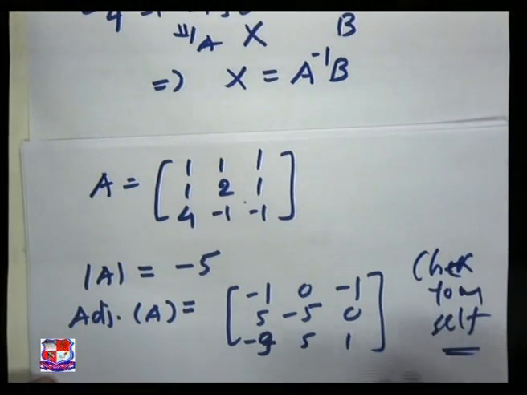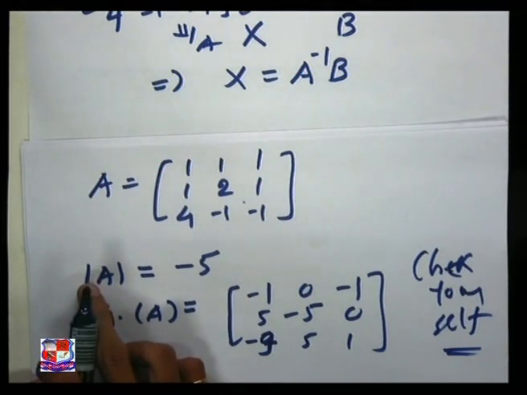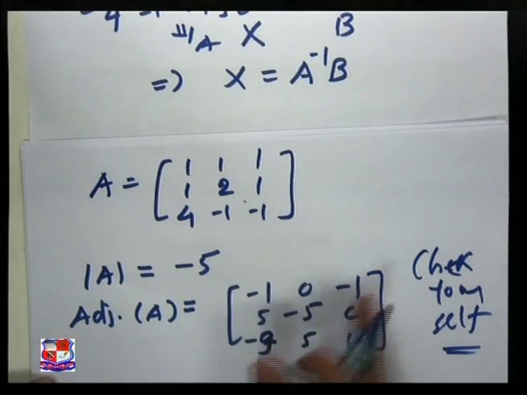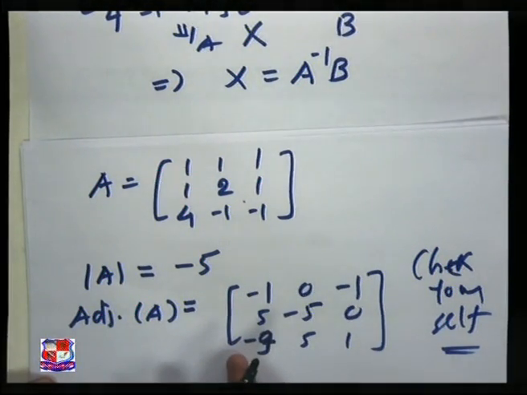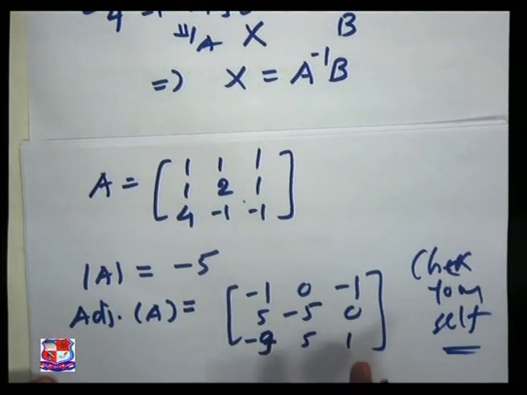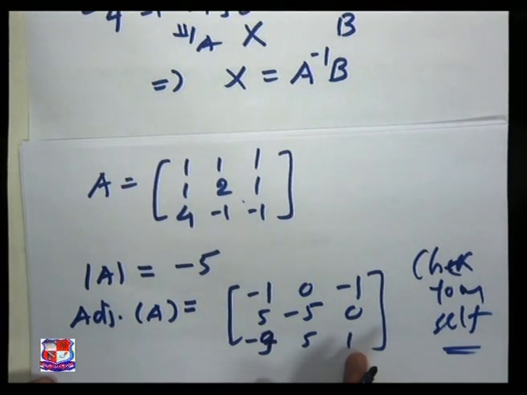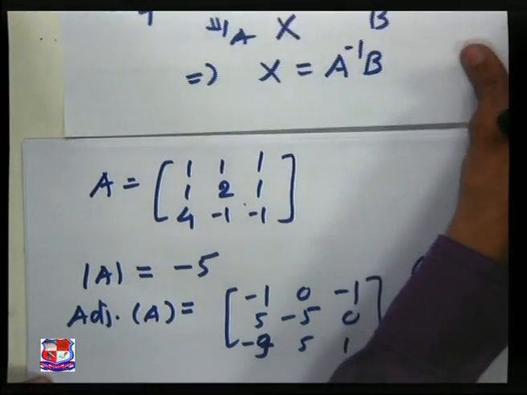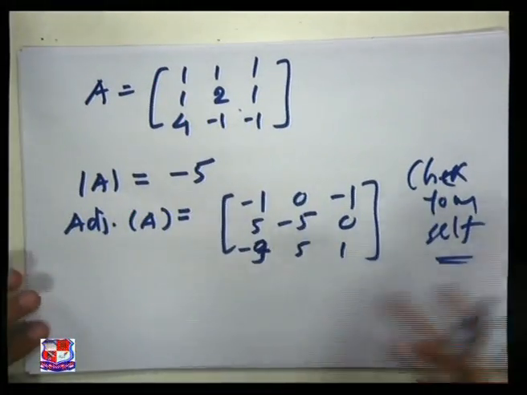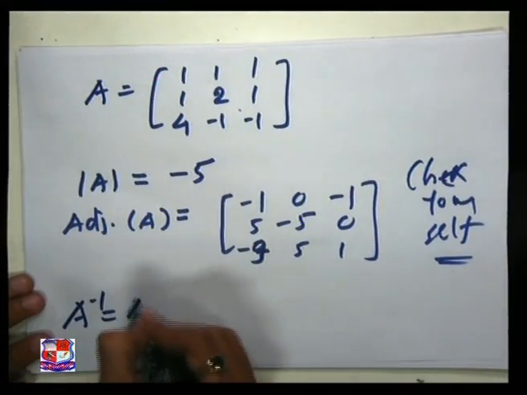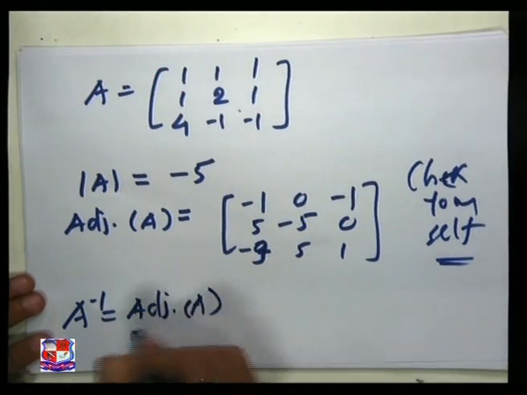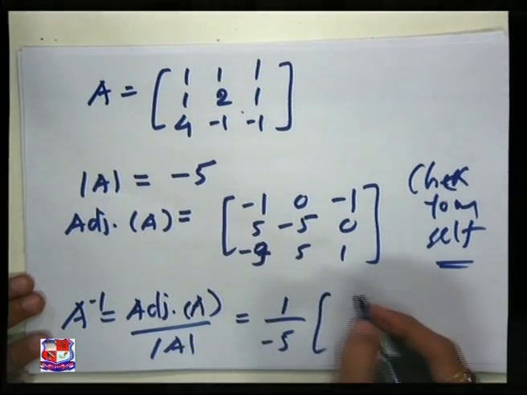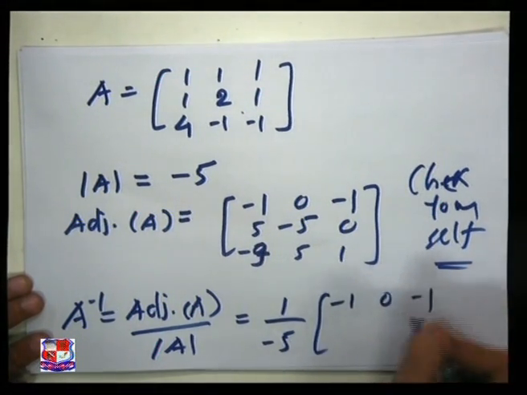Okay, so this is for your homework, that is you need to prove that the determinant of A is equal to minus 5 and the adjoint is equal to this one, minus 1 0 minus 1, 5 minus 5 0, minus 9 5 and 1. Okay, so this is the adjoint of A. So the inverse of A is given by inverse is equal to adjoint of A upon determinant of A, that is 1 by minus 5 into the adjoint of A, that is minus 1 0 minus 1 5